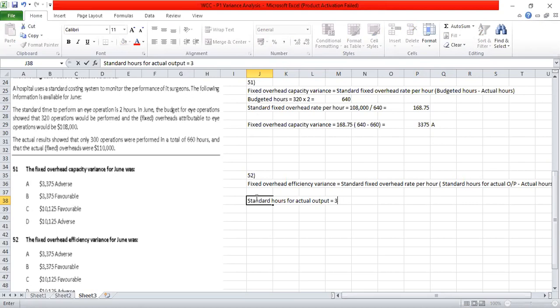The number of operations which took place are only 300. 300 into 2, so that should be 600 hours. The rest of it we know, what is standard fixed overhead rate per hour, which is